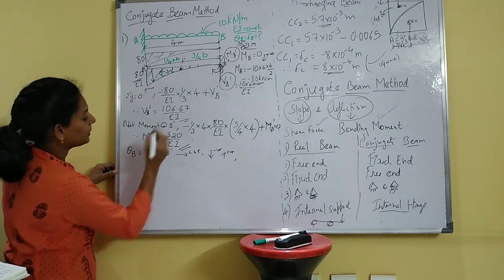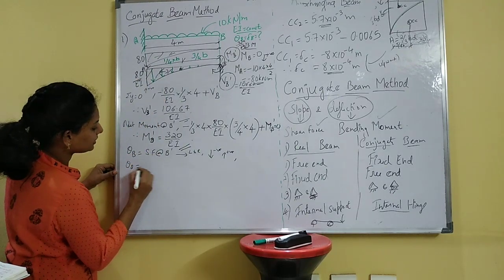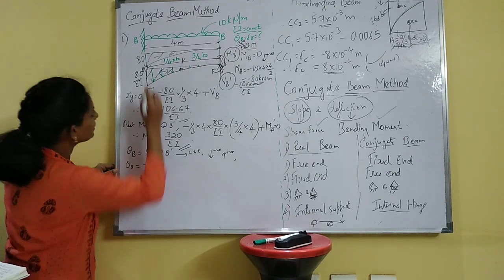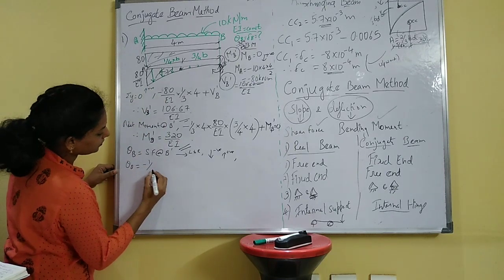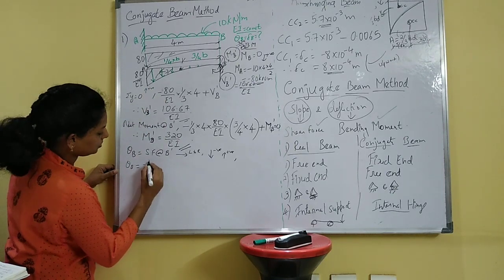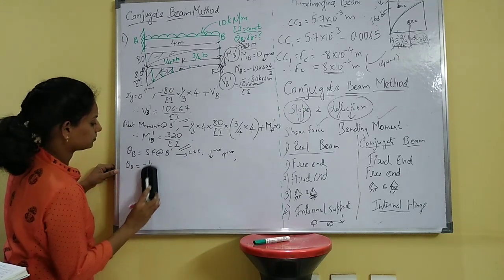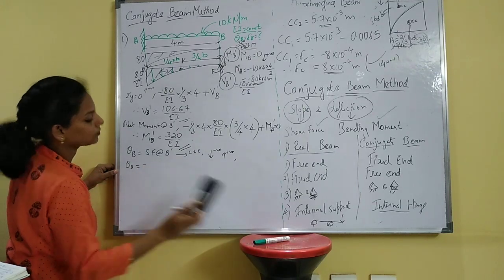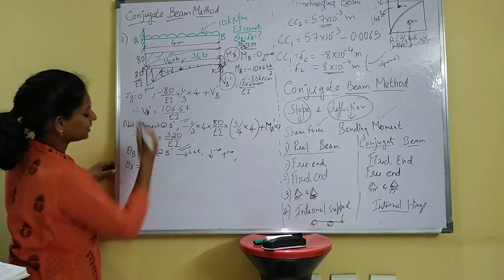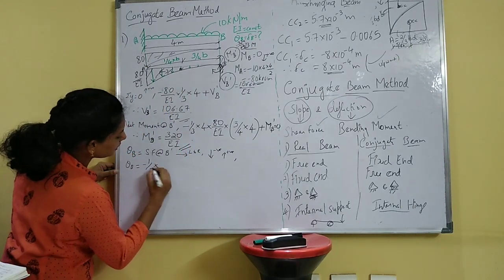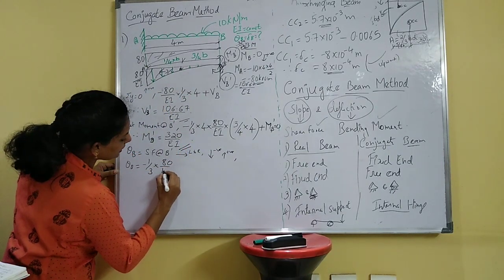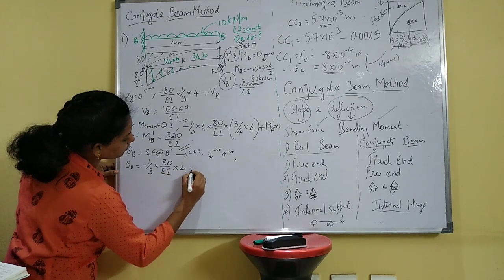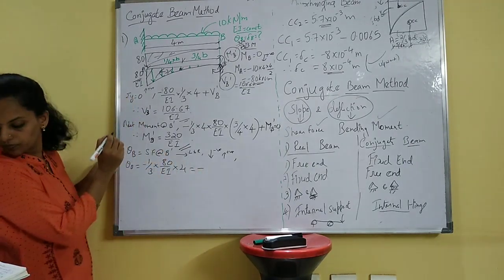So the shear force at B dash, that is theta B, is nothing but minus, it is downward, so minus. You take this area, so 1/3 of B into D, 80 by EI into 4, which is nothing but minus